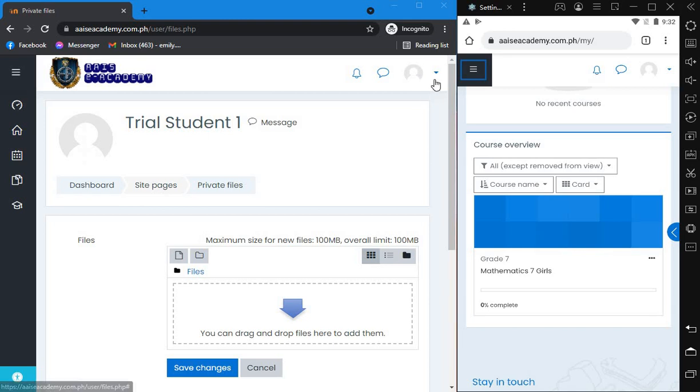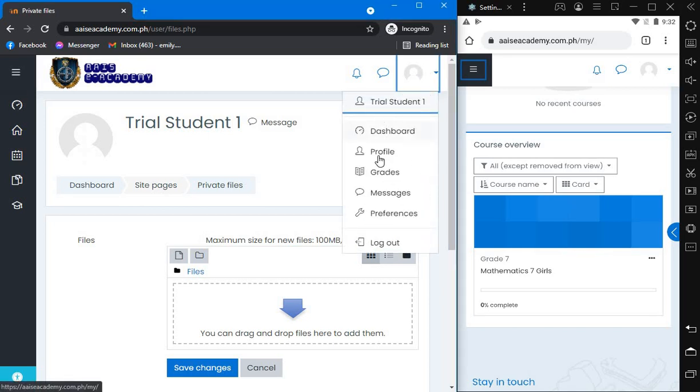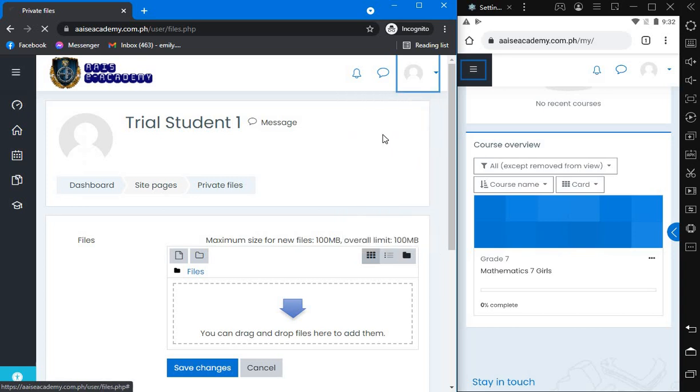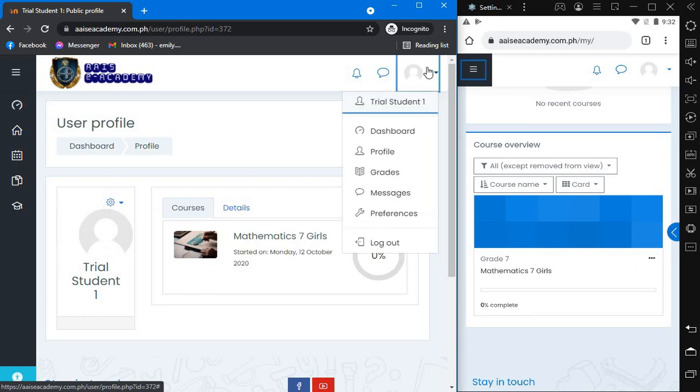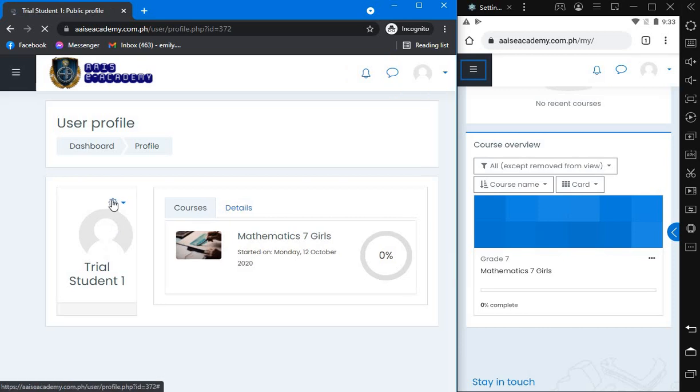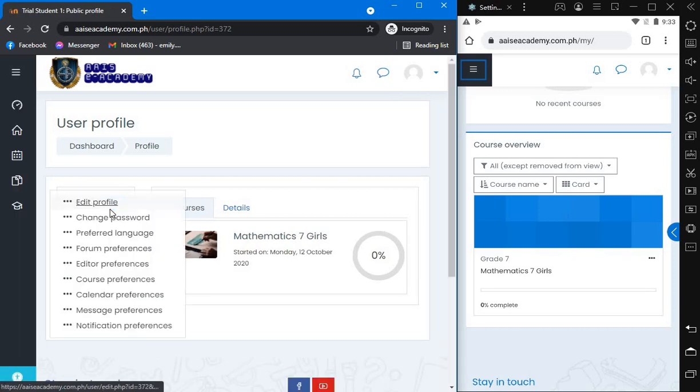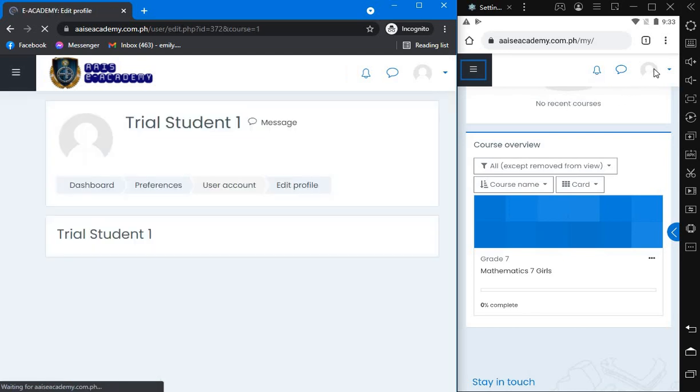Okay, the important part here is you know how to change your profile, because in the profile page, students will be asked to change their pictures and other profile settings if they deemed necessary, or there are just slight mistakes on the creation on the side of the LMS supervisor. So in this case, you just simply click your picture here, the one here on the upper right corner, and just simply click the profile. And once you have clicked the profile, you will see a gear icon here near your picture, and click edit profile. The same goes for your